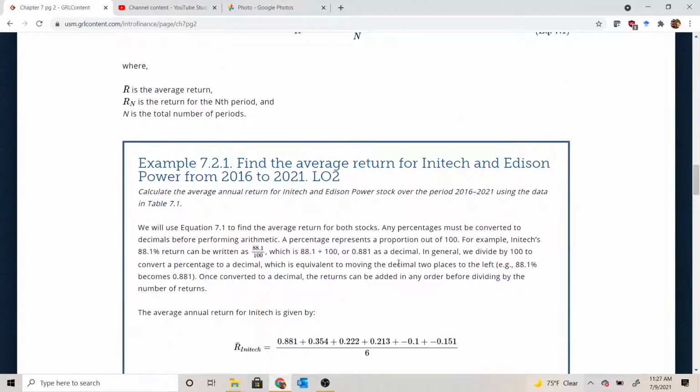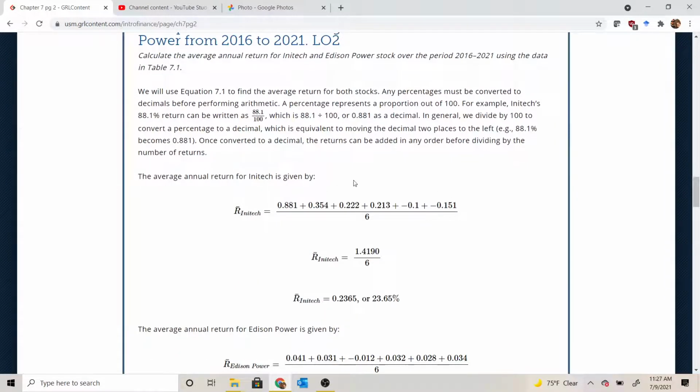So if we look at Initech, the first thing we're going to do, because we're doing arithmetic with these, is we're going to convert all the percentages to decimals, although in this case it wouldn't really matter. You could leave them as percentages, but just as a matter of habit, we'll go ahead and convert them to decimals, because sometimes it does matter when we do that, and until you get comfortable with it, it's hard to know when it does and when it doesn't. So it's best to just go ahead and always convert them to decimals when you're going to be doing arithmetic with them. We just take all the returns